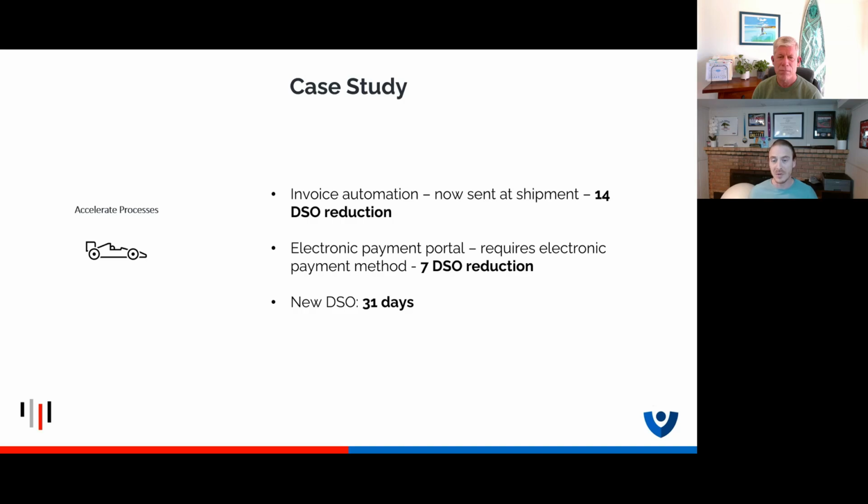So now our new DSO, since we've knocked off 21 days, is 31 days, which is a huge difference. And our goal is to get our DSO to net terms, which were 30,